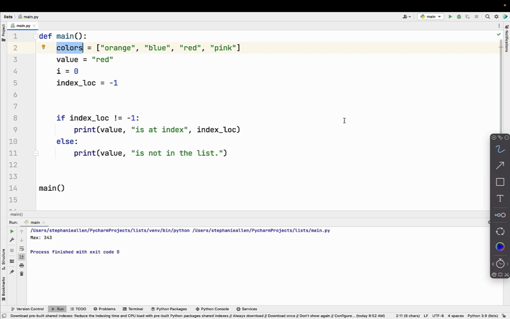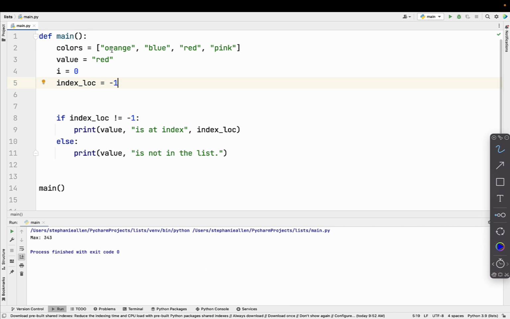Another common algorithm is to find the index of where an element is in a list. And we will do that. There are different examples, but when you're searching through a list, maybe you want your user to enter a name and you want to see if that name is in the list. And if it's in the list, we can say it's at position whatever. But if it's not in the list, we can flag that with a -1 because there isn't an index -1